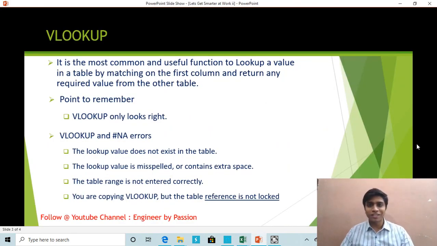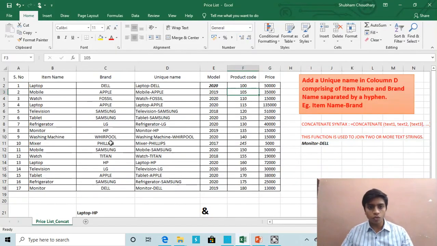Now we are going to discuss the VLOOKUP function. It is the most common and useful function to look up a value in a table by matching on the first column and return any required value from the other table. What do I mean by that is, when do we have to use the VLOOKUP option? Suppose I have this price list.